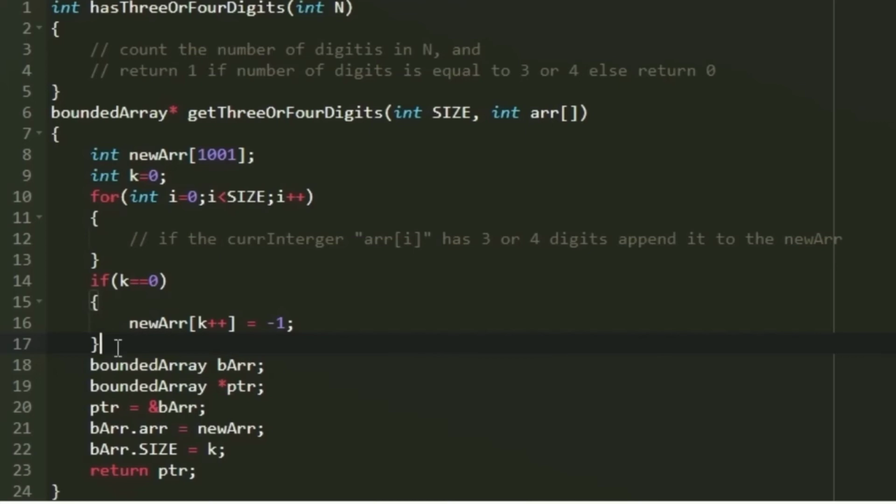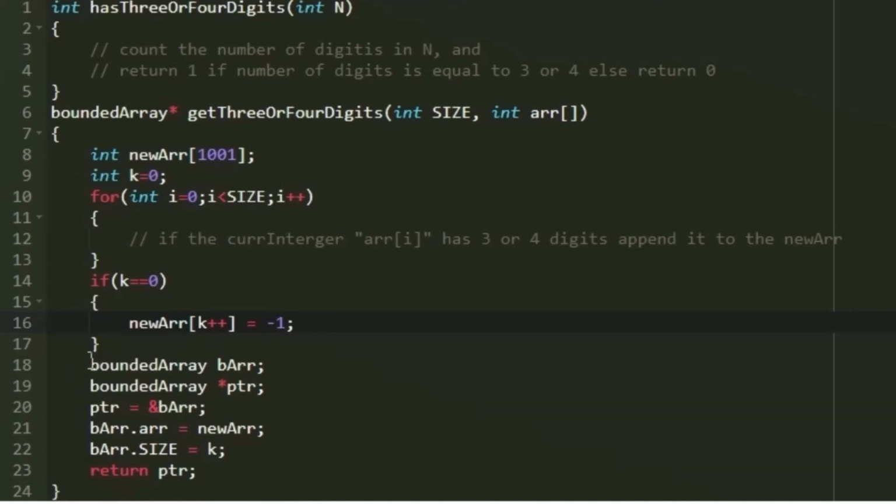In those cases, as per the condition given in the question, we should be returning an array which contains -1, because we should not return an empty array. So whenever k is equal to 0, we are going to set newArr[k++] = -1. What happens is, at index 0 we will be storing -1, and since now our array has one integer, the value of k will also be updated to 1. This is how we will be storing the integers into the new array.